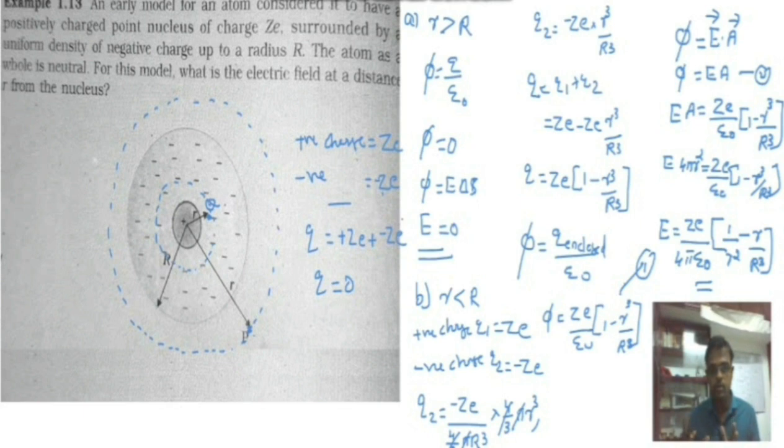Okay, so now we got the questions A, B. The first one is asking for outside, which is equal to 0, and the concept is that the atom is electrically neutral because the total number of positive charges and the total number of negative charges are equal. Total positive charge we have taken here is plus Ze, and the negative charge is minus Ze. Where Z represents what? The atomic number of the atom. E represents what? The charge of one electron. And the charge of one electron is 1.6 into 10 to the minus 19 coulomb. Clear? So this is example 1.13. Hope you understand this one.